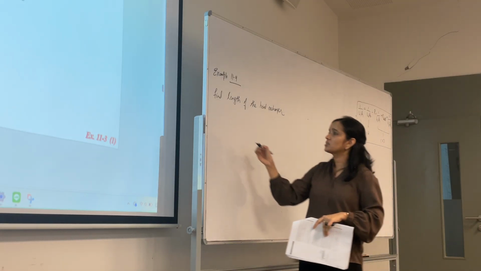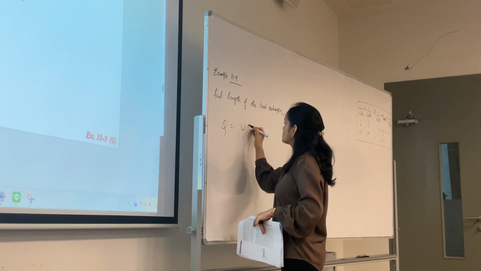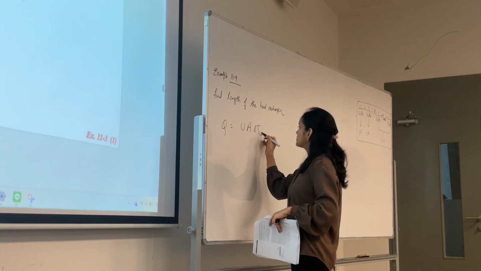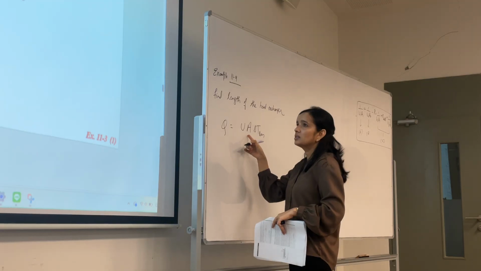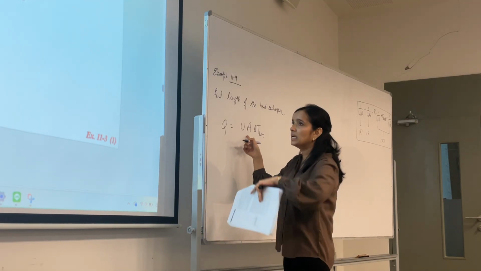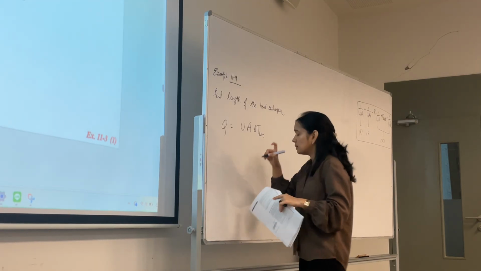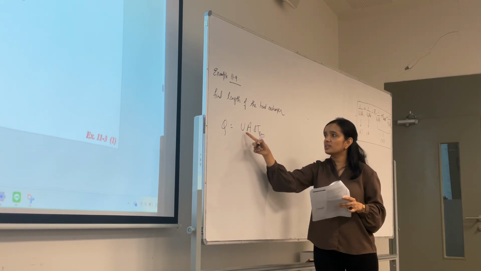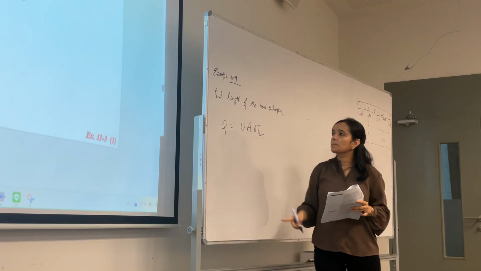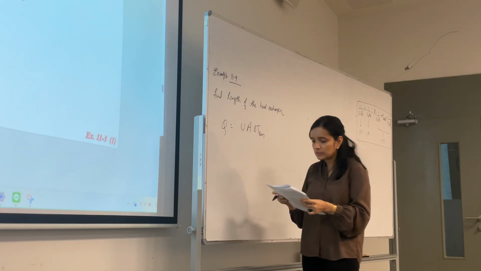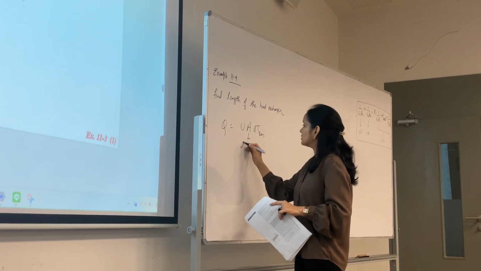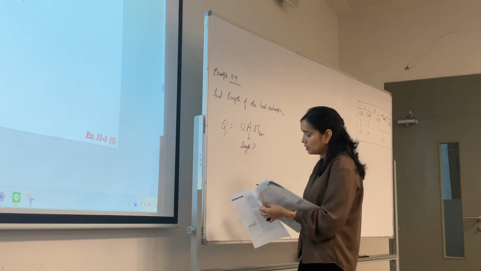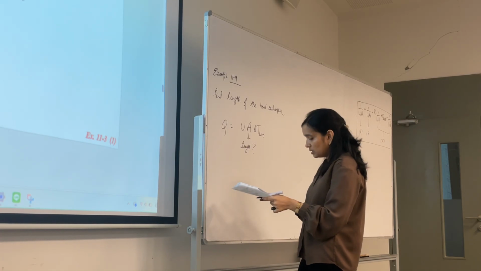Length of the heat exchanger. So we know heat transfer is Q = U A ΔT. From this we can calculate the length, right? A will be equal to pi d L, and we can calculate L. But we don't have any of these values. We have this value, but we don't have this value as well. So first, length. So let's start with